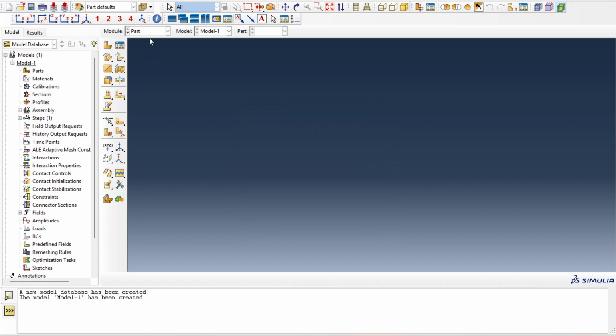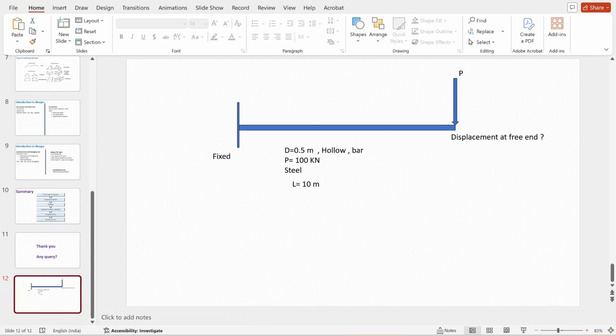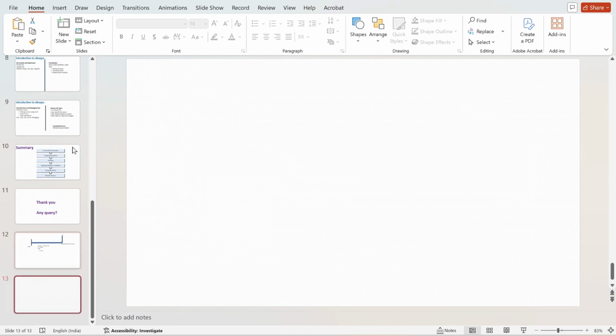Okay. Now what we are going to do, we are going to make one T joint with shell element. So I will just demonstrate here what we are going to do in this second problem. What I will do,